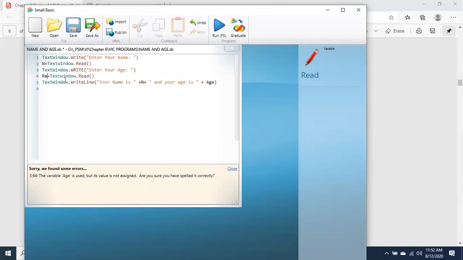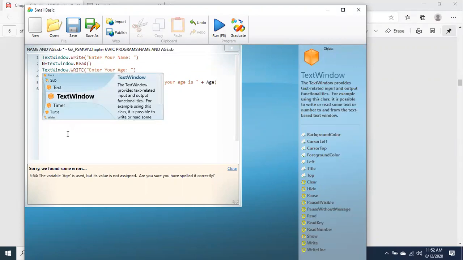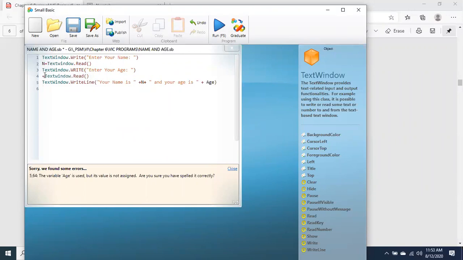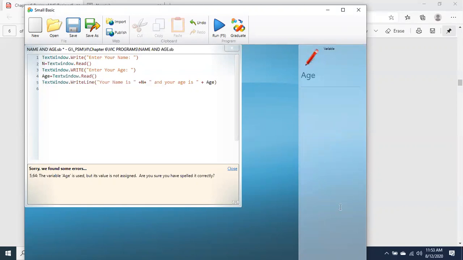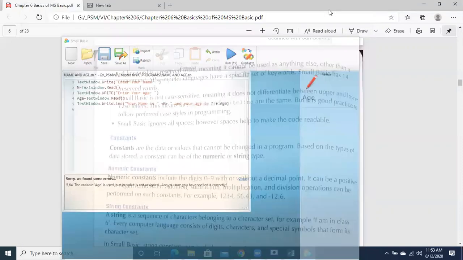Similarly, if I write over here, let's suppose, text window as variable name, तो वेरिएबल नेम अगर हम लेंगे कोई ऐसा वेरिएबल नेम which is a reserved word and the keyword, so then it is going to show you the error. Okay, are you getting this point? It is going to show you the error message. So this is a very important thing that we must understand.